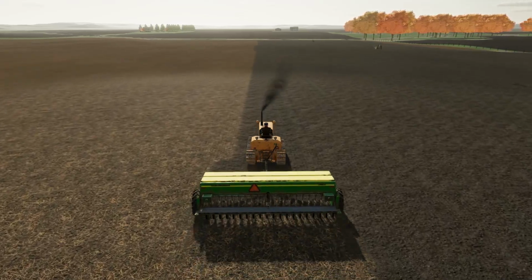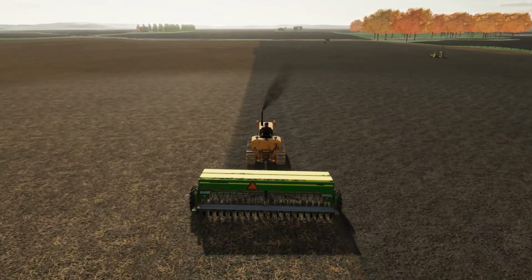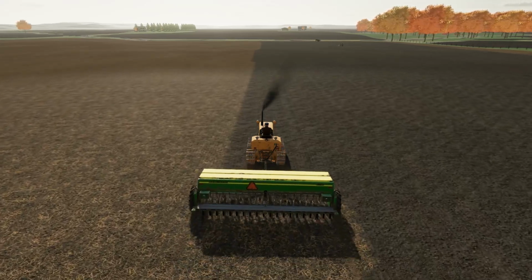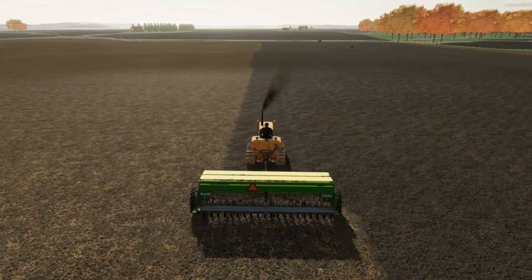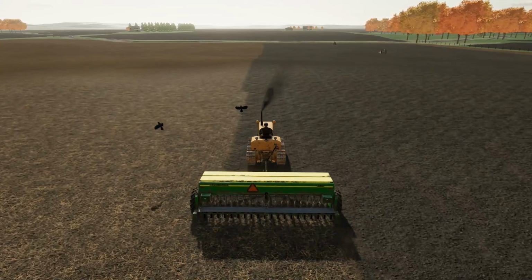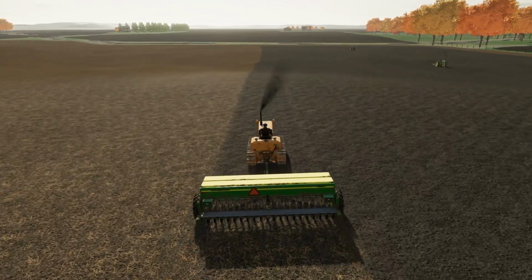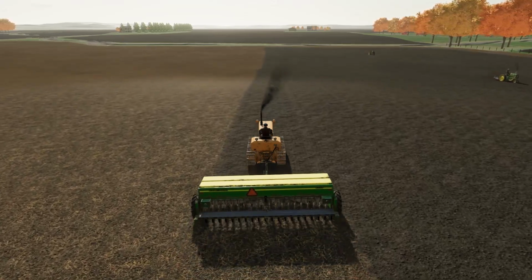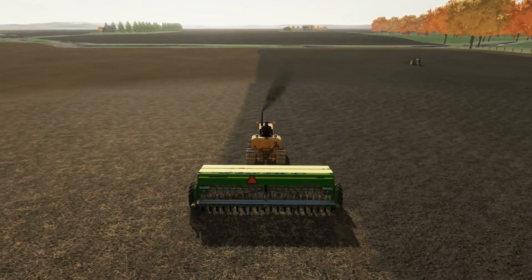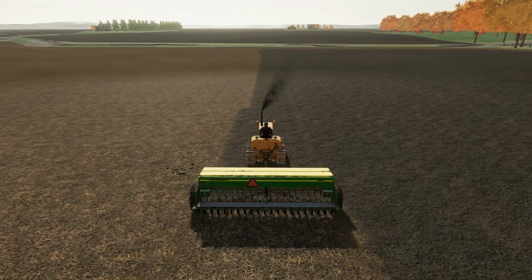For those of you that are wondering, this isn't an unrealistic seeder or anything like that. All that's happened is that every time I've needed to fill the seeder up, I've basically just cut that out of the video just so that the video was driving up and down with the tractors and different things. Just because, as I said in the first part of the video, I want to try and move this series along a little. It's not that I'm going to skip anything major out. You're going to see all of the work that we do on the land with the animals and what have you. The only difference to that will be when the winter time comes, I probably will skip the winter months, just so that we are back farming again,